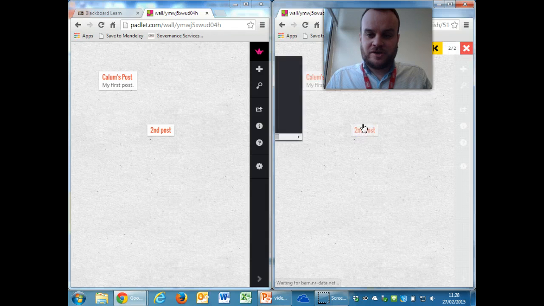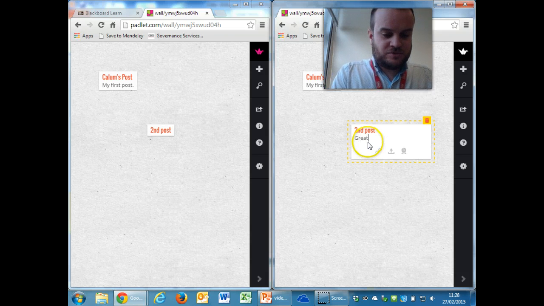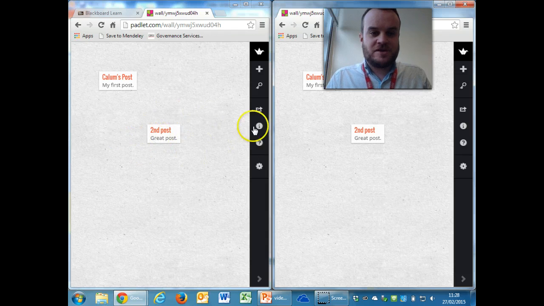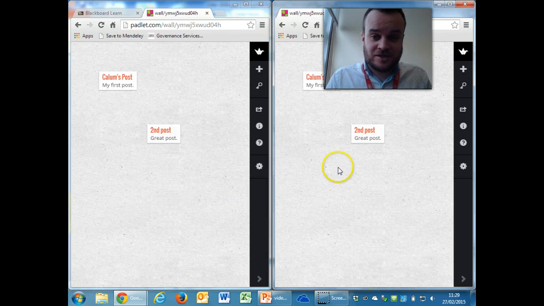Likewise, my colleague could go in, and within this environment they can see when that was posted, but if they click on the edit button, they can put edits into there, and that will appear within this post as well. Now this is within the open version where I haven't logged in or anything. You can start to make things a bit more tight so that people can't get in and edit everyone else's posts within there. Once you log in, you start to manage privacy and security settings, but for the time being